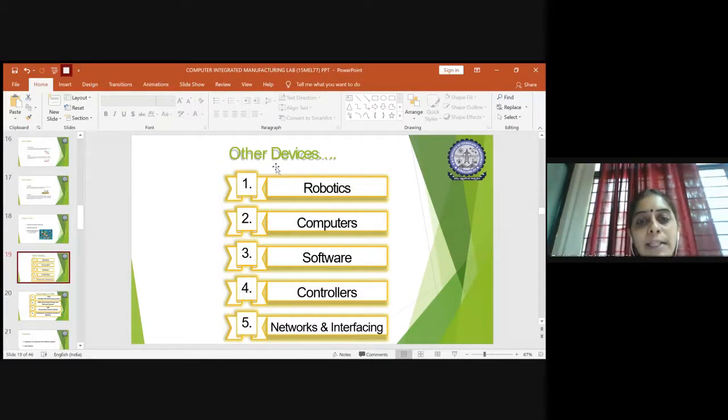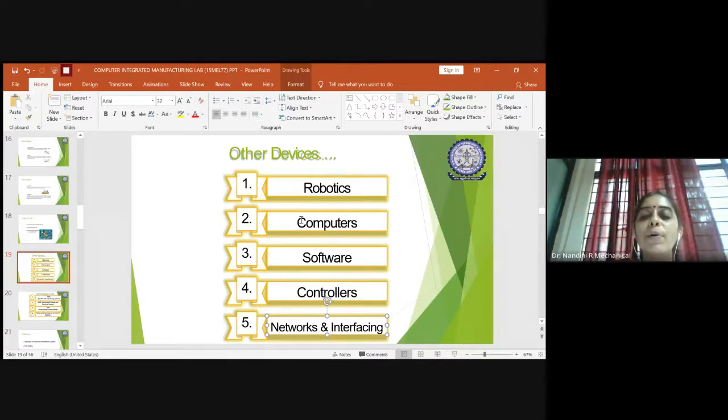Along with that, the other devices which are helpful for SIM are robotics, computers, and the software we use. And remember, nothing can work without good control systems. Only with a controller also it won't work. You should have a proper network and interfacing system so that it can tackle the manufacturing, design, robotics, and software part by means of computers.